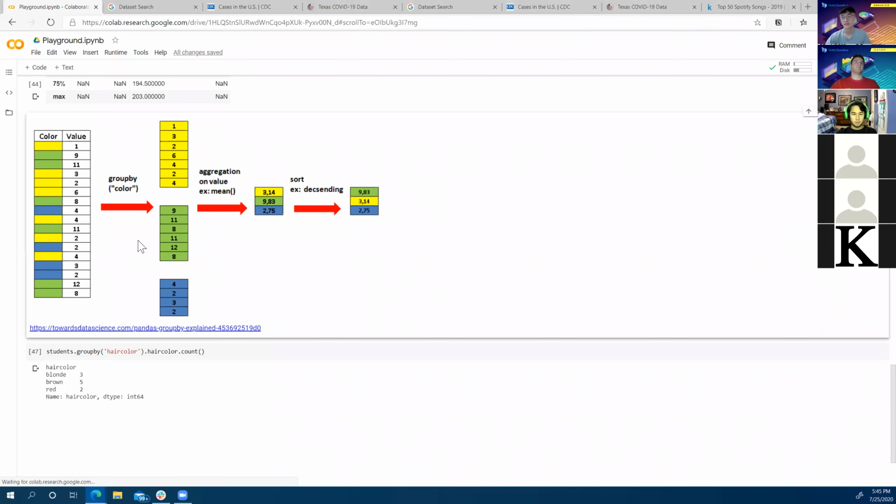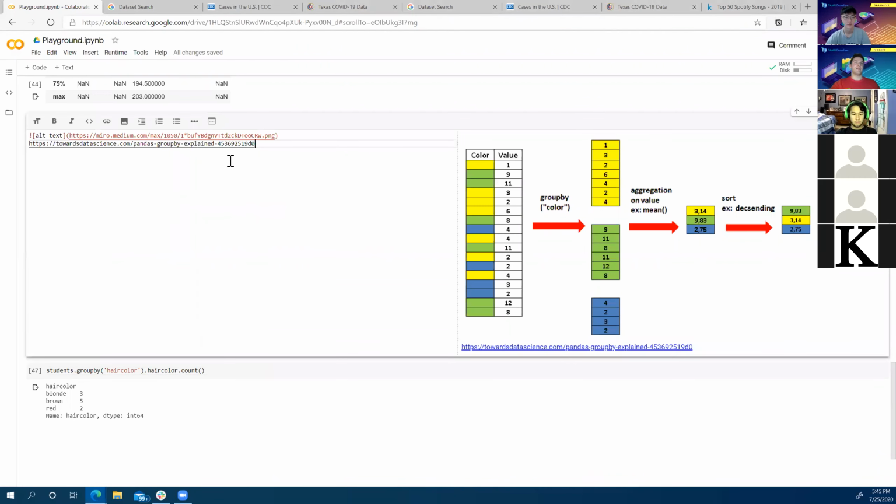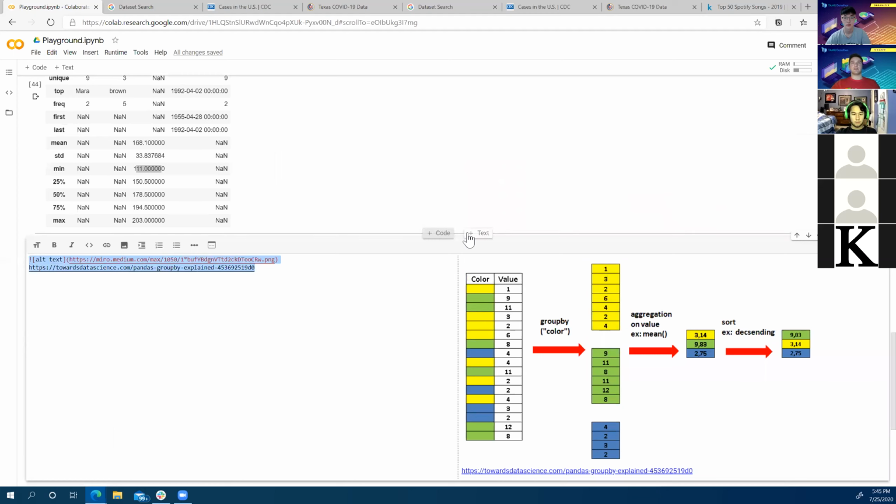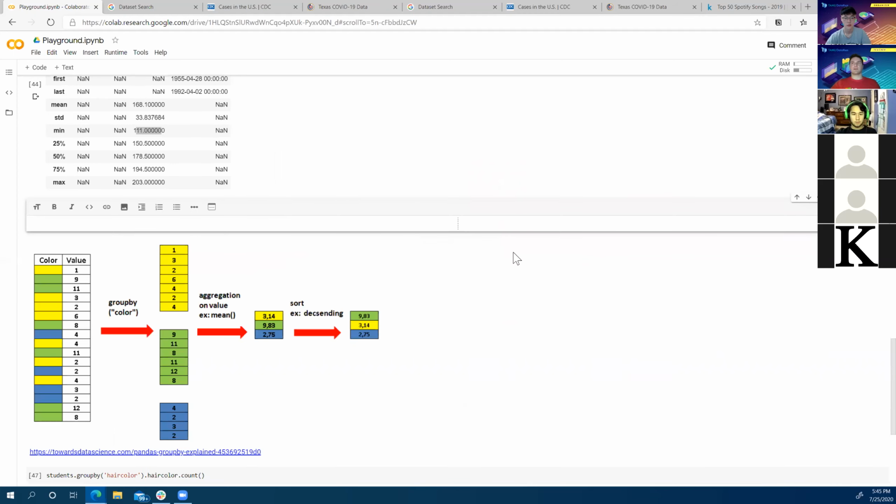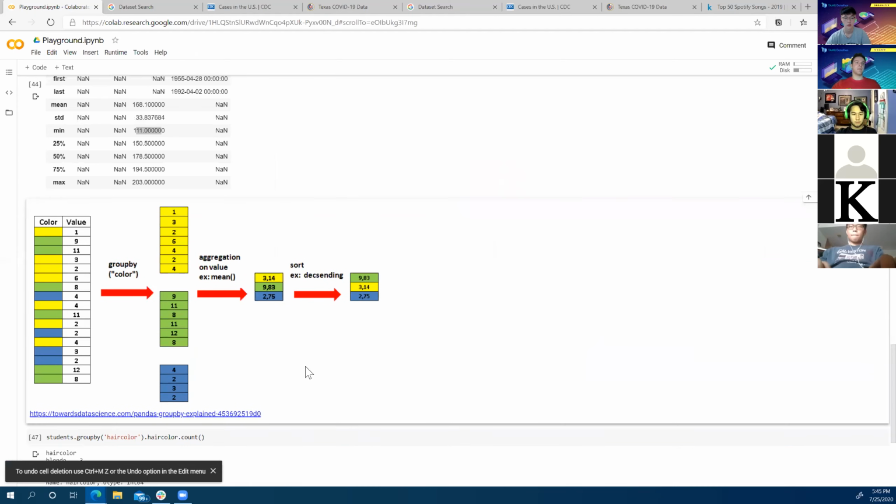Yes, okay. The image I pulled off of a Medium article, and this is the link to the Medium article. This is a text block, and since we're here, it's worth mentioning that text blocks in Jupyter Lab can be written in Markdown. It's not a function. So this isn't something that I was expecting you guys to run. It's literally just here so that you guys can see it.